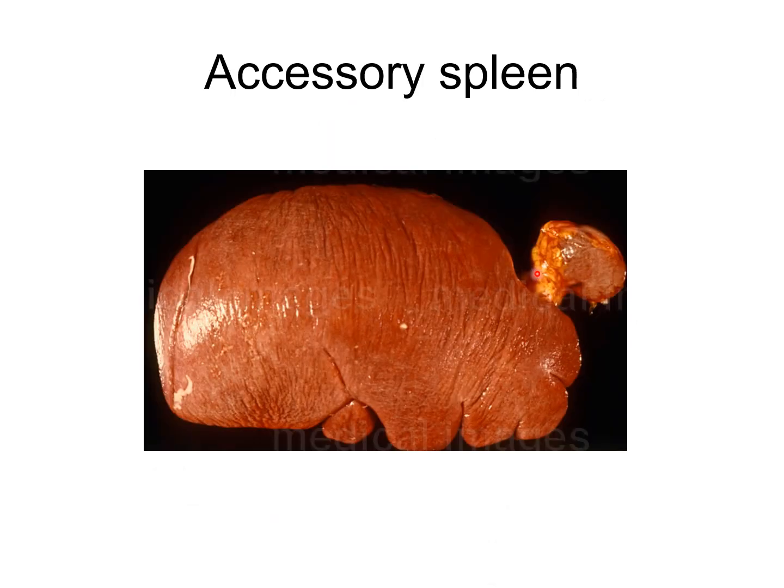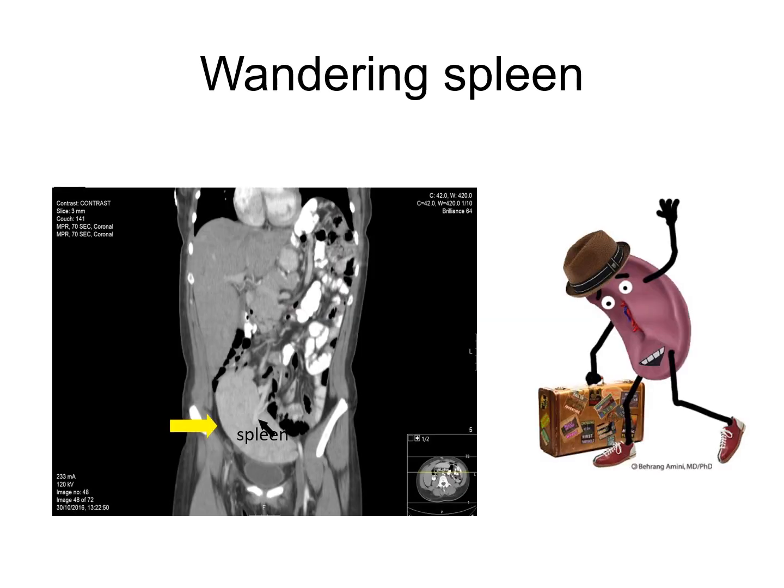Accessory spleens are formed when there is a failure of fusion of small lobules of the spleen, which are called splenunculi, and this is mainly seen in the gastrosplenic ligament, lienorenal ligament or greater omentum of the stomach. Wandering spleen is a rare medical disease which is caused by the loss or weakening of the ligaments that help to hold the spleen in its anatomical position. And usually the spleen wanders into other parts of the abdomen or into the pelvis.